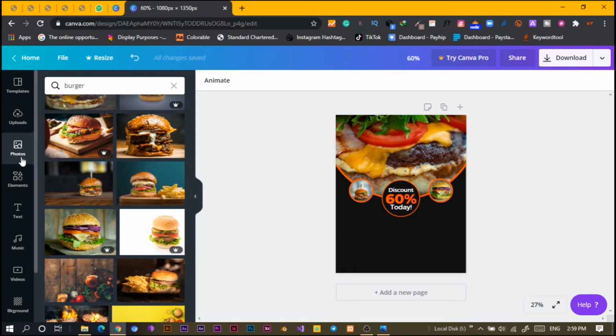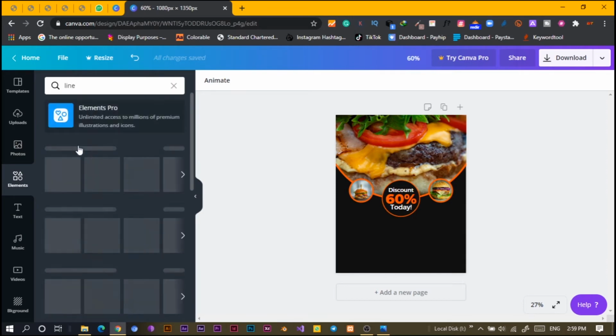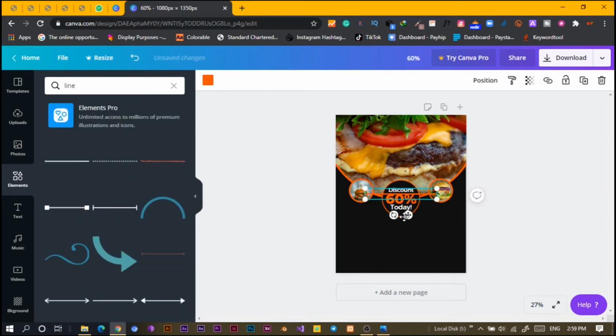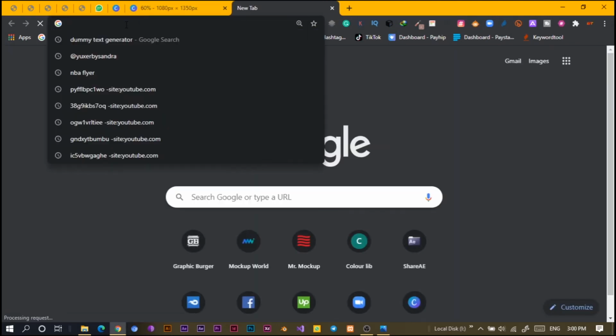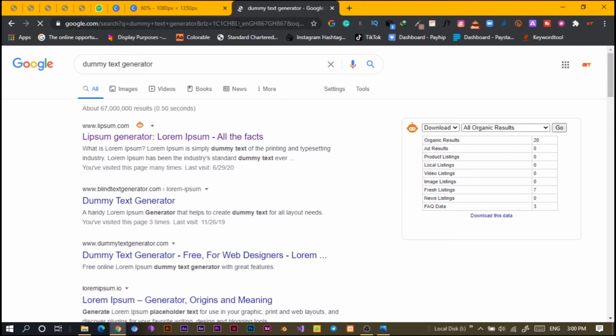Then come to element, search for line, then we add this line, bring it down, okay, 90, drag it down, then bring it somewhere up here. Okay, so first of all, in order to speed up, I'll use the